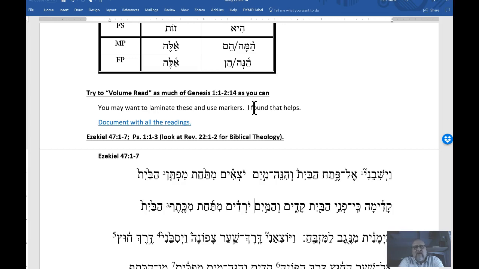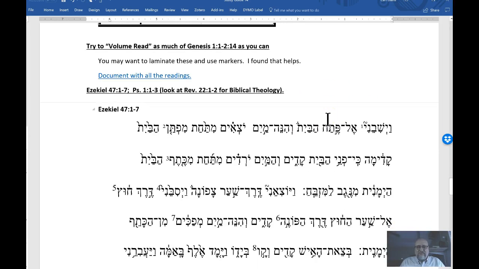The I class vowel in the first syllable in the perfect, and the schwa under the imperfect preformative. All those are things that I look for. If I see any of those, I start thinking, well, is this a Piel? So what we want to do is look at Ezekiel 47, 1-12, and then we're going to look at